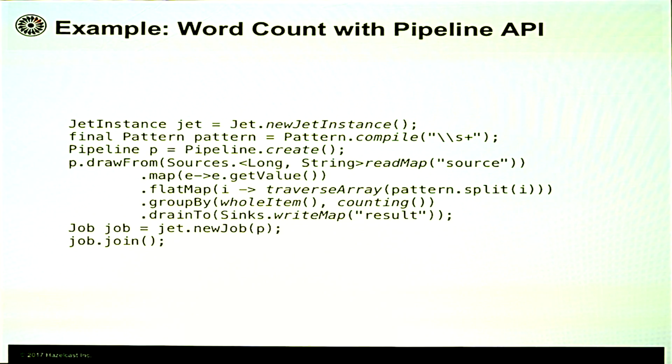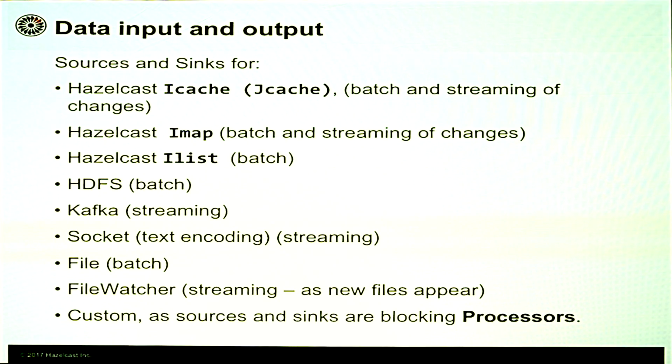And you can have different types of sinks there. In this example, it's a map. You can have list, or you could have other sources as well. And you execute that through JET as a high-level API. And as I said, these could be your input and output: map, list, HDFS, Kafka for streaming, socket for streaming, file for batching, and even for IMap, we in Hazelcast 3.9